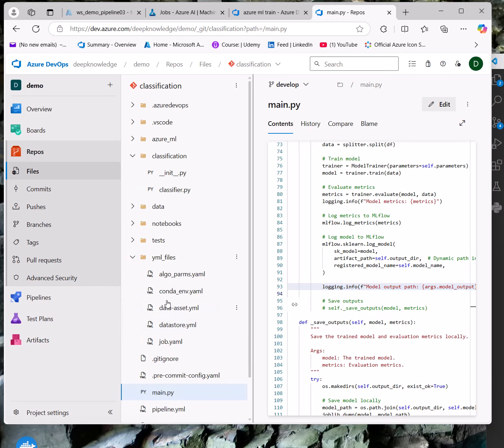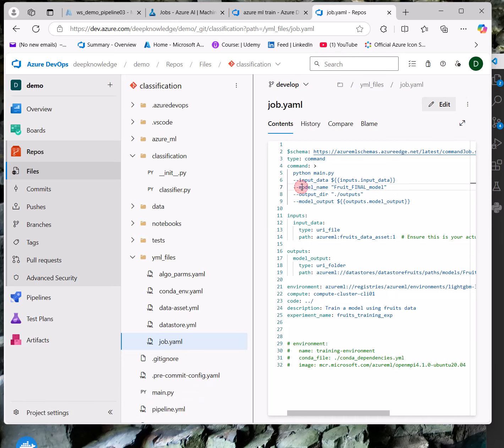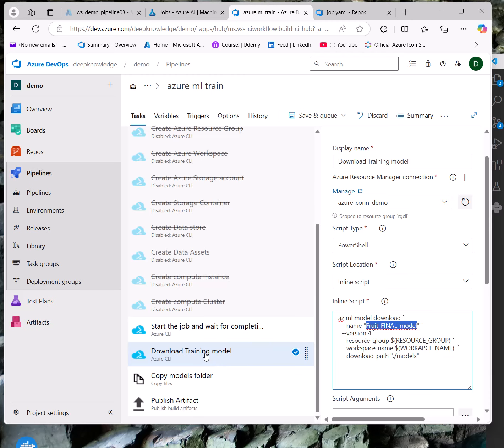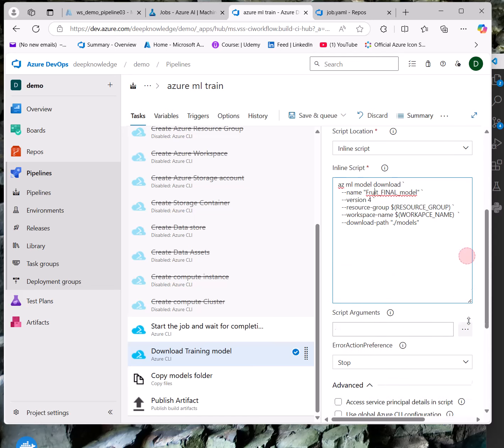So let me just show you. The model name is final fruit final model, and it might be different. If I try to download a different model, you will of course get an error.